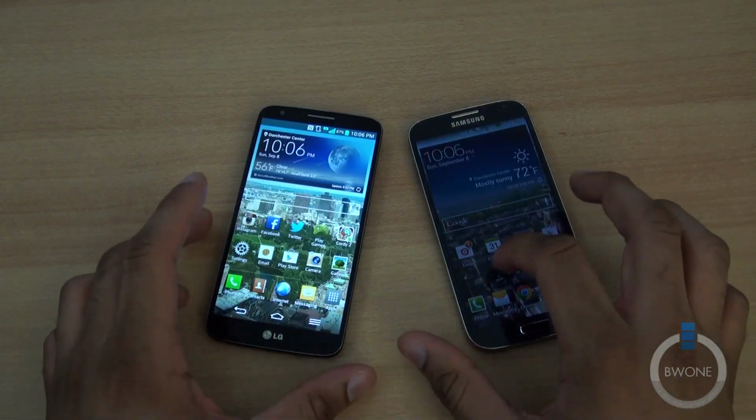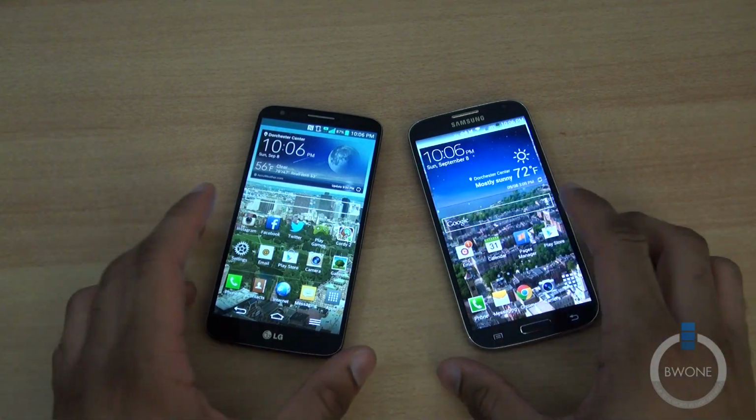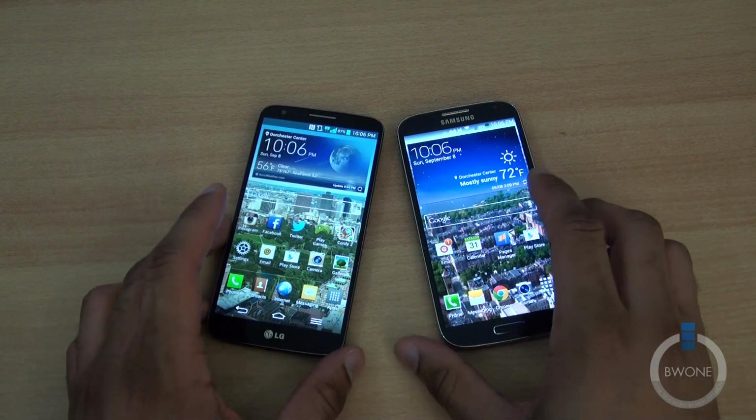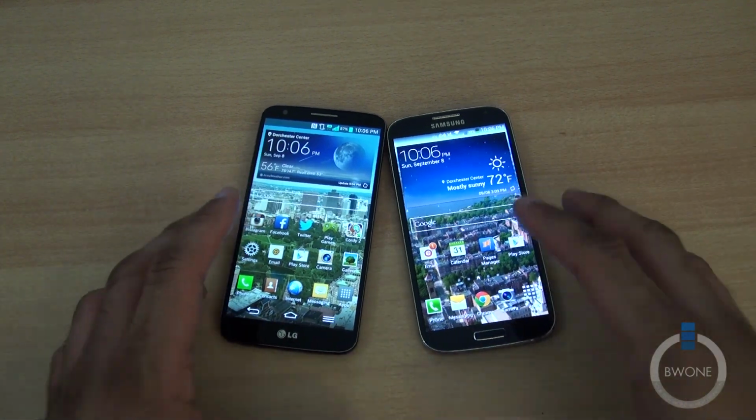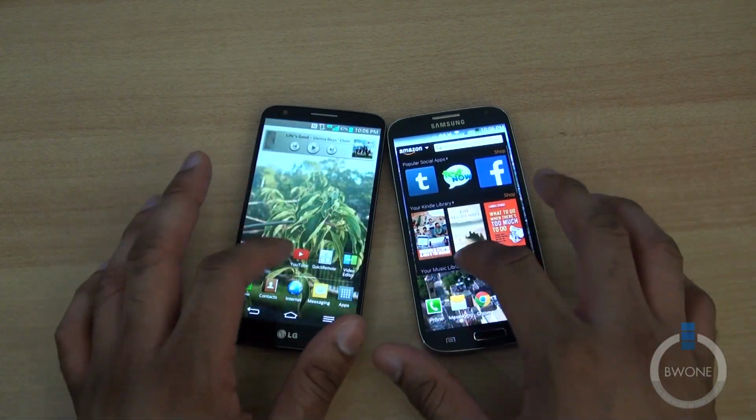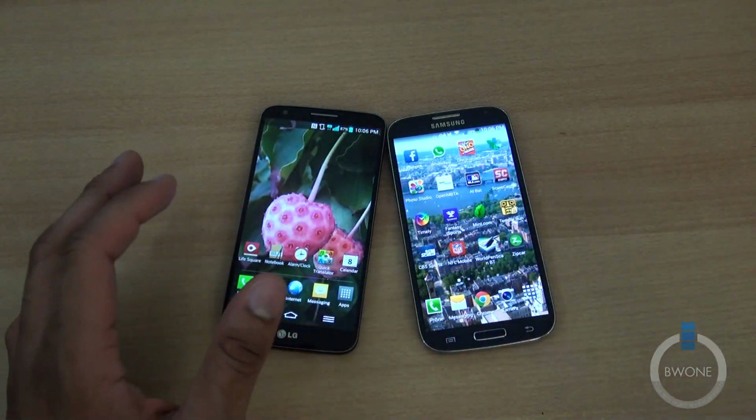Okay, in this part here, we're gonna do a software comparison. We're gonna take a look at the displays. As you can see here, I have both displays at the brightest settings possible, so you can get an idea of what they look like. Software and features we're gonna look at, and overall usability here between the LG G2 and the Samsung